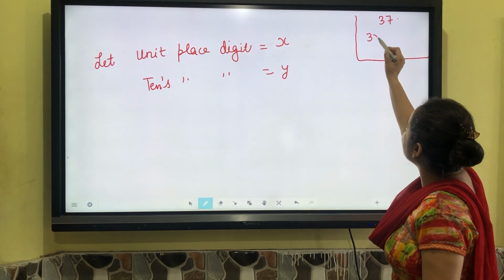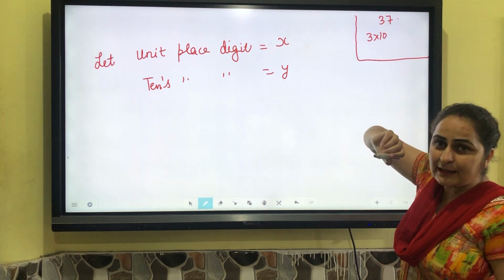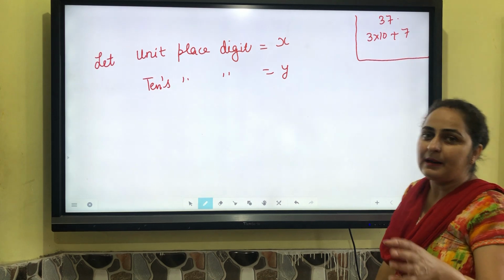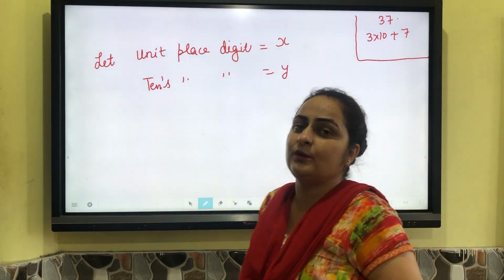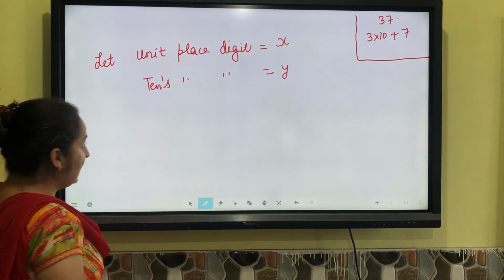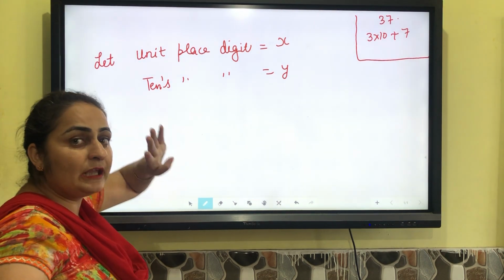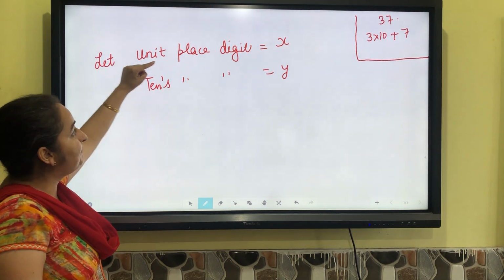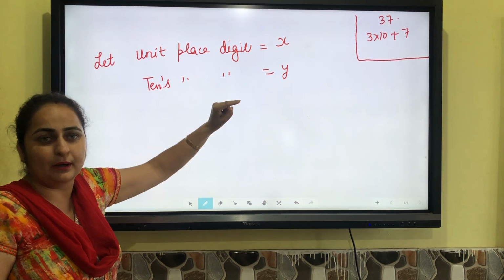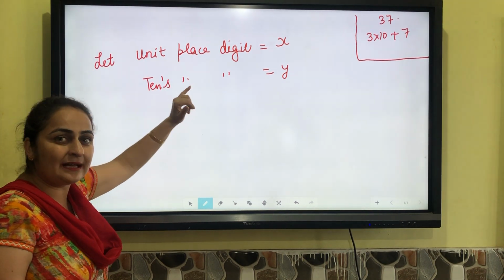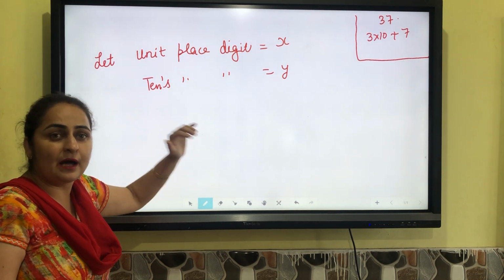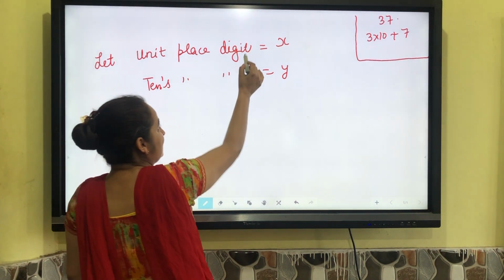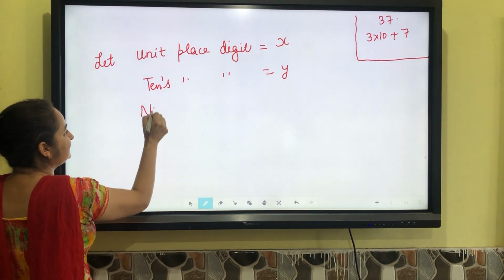3 is at the tens place. 3 multiply 7. 7 is at the ones place. 7 multiply 1. Therefore, there is no need to write the number 1. Now, we have to keep in mind the four steps. First step is let unit place digit, not number. Second is tens place, again digit, not number. Now, I am framing here the number by using such digits. The number is,